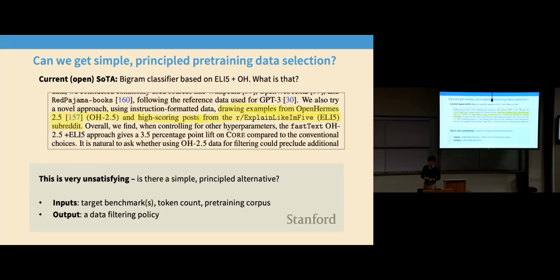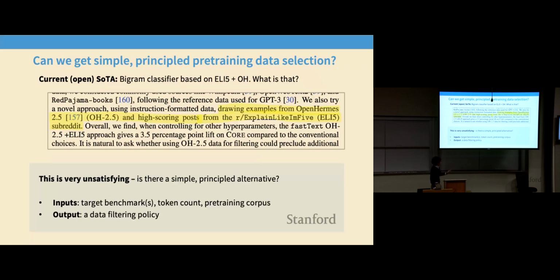And it is, doubtless, that this pipeline works. The model that they trained is good. But this seems totally ad hoc and arbitrary, and it is deeply dissatisfying to me as a researcher that some random subreddit is a core component of a data filtering pipeline.